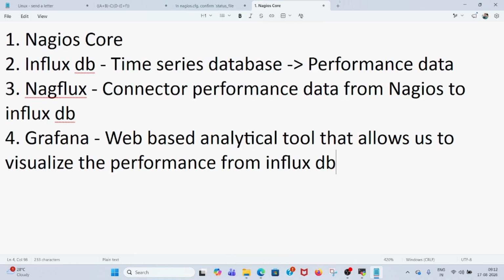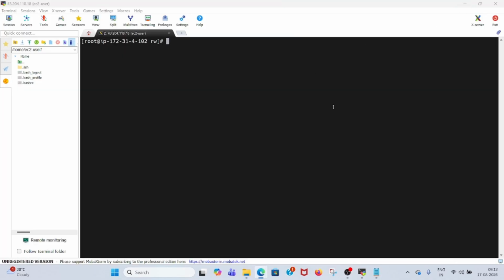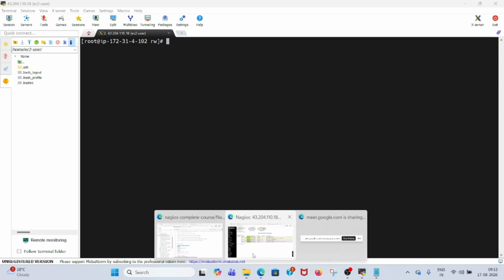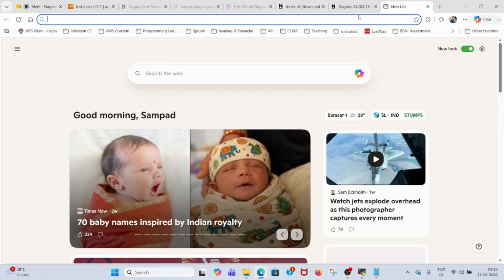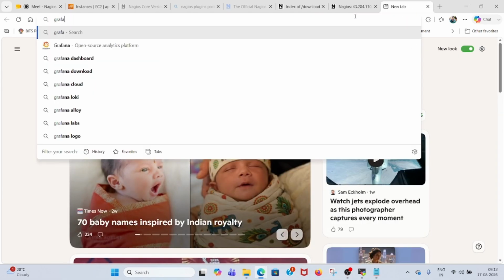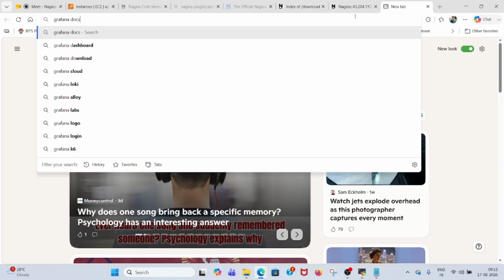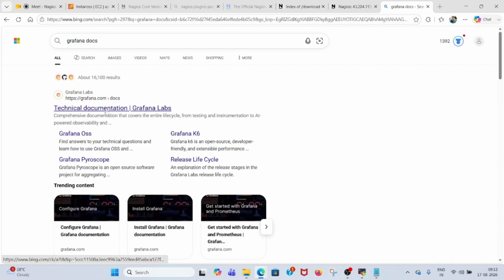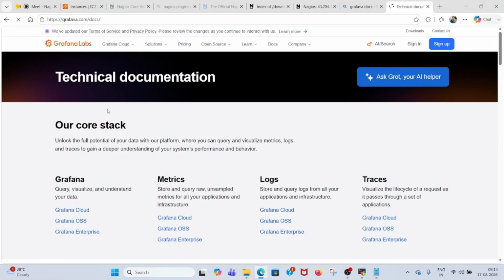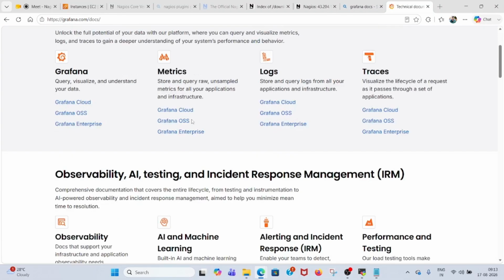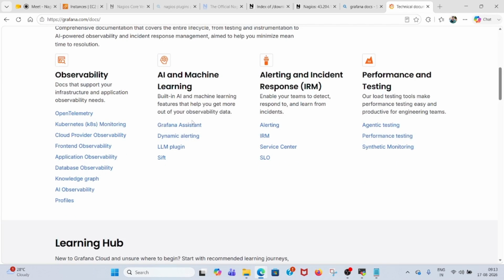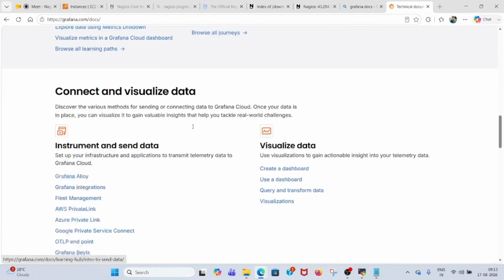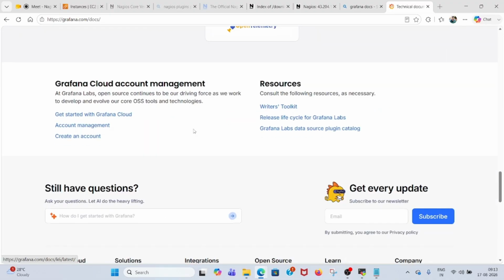So let me minimize this. And what I will do first is the step for installing Grafana. So for Grafana, if we just go to the Grafana website, and search for installing in Linux,